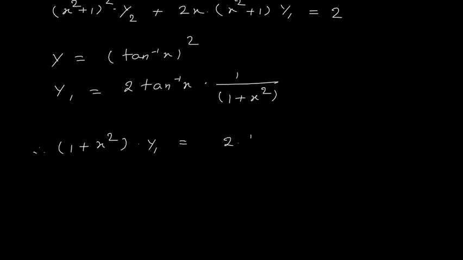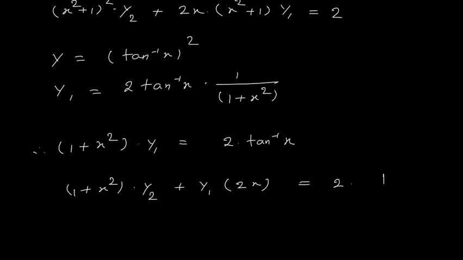Now we can differentiate it again, so again u into v. I am avoiding u upon v, as many students find it difficult. So better you always try to convert them into product form, which is easy to apply. So here again we differentiate: u into v, so (1 + x²) and the derivative of y1, which we write as y2, plus y1 into the derivative of (1 + x²), which is 2x, equals on the right hand side 2 into the derivative of tan⁻¹ x, which is 1/(1 + x²).